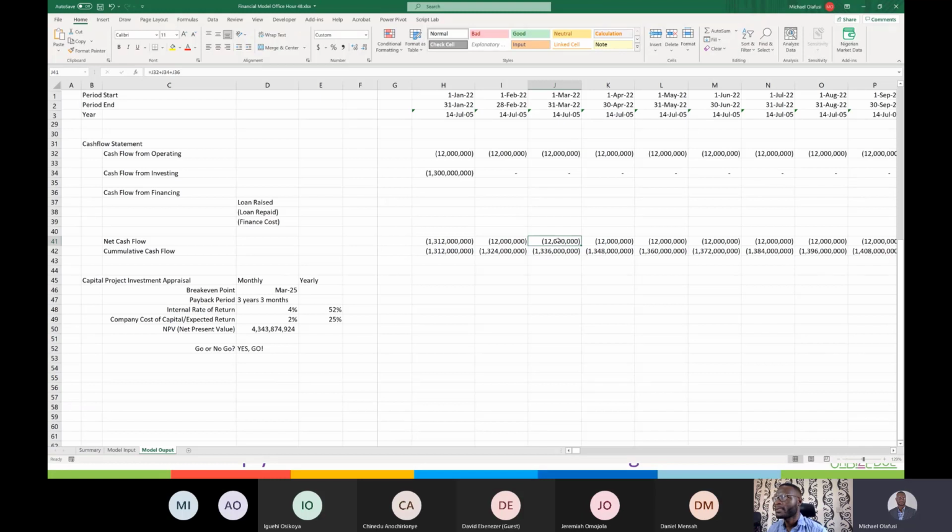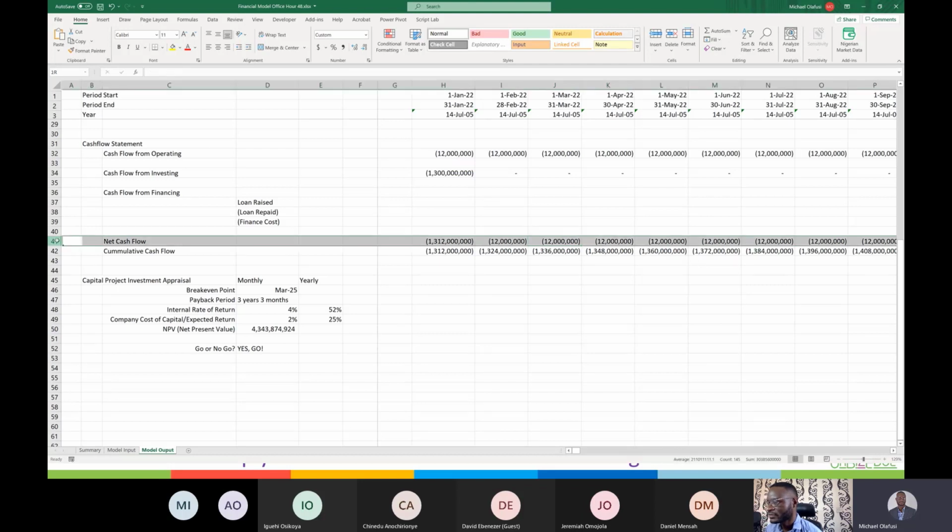It's like what some people call working capital. You start a business, the first 6 months, you have to pay salary out of pocket, you have to pay rent out of pocket before the business starts generating enough money to cover that. But in this case, it's much more than that because you will be spending for the next 2 years before you start getting money back to start sustaining the business. So that's the net cash flow. That is what we are going to use to calculate the internal rate of return.